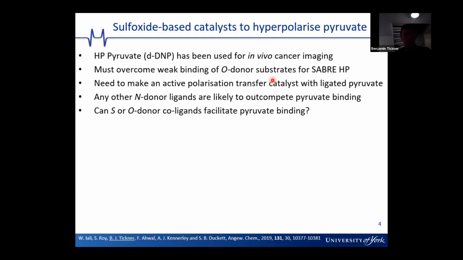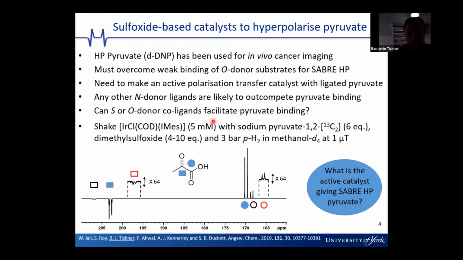So our idea was that if you have any other sort of N-donor ligands present in solution, they're likely to outcompete pyruvate binding. But in fact, the binding of pyruvate to a wide range of different metals has been reported in the literature. So why can't we do that with iridium? Can we use some kind of co-ligand that binds to either sulfur or oxygen to facilitate or encourage pyruvate binding? We can do that if we use a sulfoxide-based co-ligand, and this is just an example of